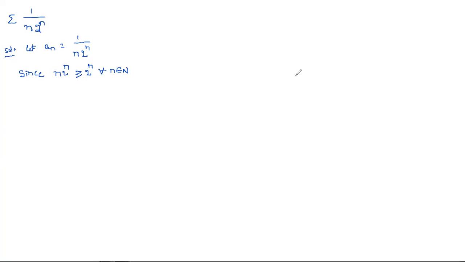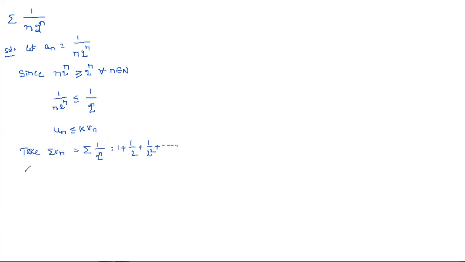Next, now you can take the reciprocal. If you take the reciprocal, what do we get? 1 by n into 2 power n is less than or equal to 1 by 2 power n. Now, is this in the form Un less than or equal to k into Vn? What can we choose here for Vn? Take summation Vn equal to summation 1 by 2 power n, same as the previous one. If we expand this series, we get 1 plus 1 by 2 plus 1 by 2 square plus 1 by 2 cube plus and so on.